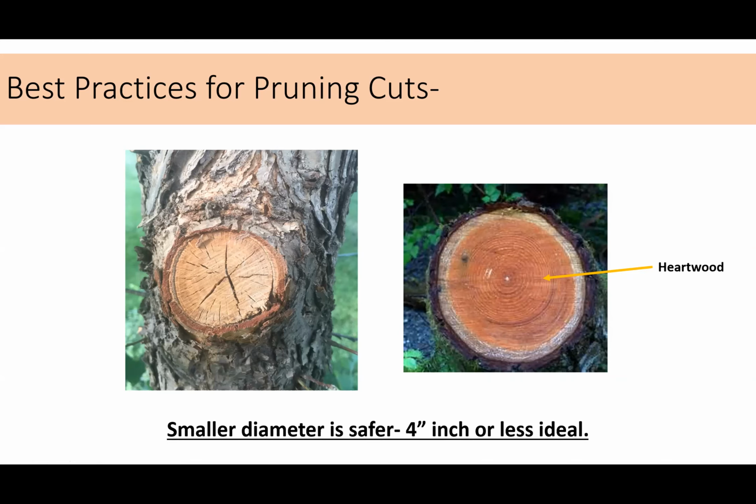But in either case, heartwood is dead, so it cannot actively fight decay. It only has whatever passive defenses the tree gave it before it was abandoned. And so we really don't want to be exposing heartwood when we make pruning cuts because it's really susceptible to being infested by decay organisms. So if we limit ourselves to smaller pruning cuts like we see on the left here, there's going to be a lot less risk of exposing heartwood. No heartwood was exposed in the cut made there in the picture. So that's the biggest reason to keep diameter cuts small. Larger cuts are also more prone to cracking, but the biggest reason is we don't want to expose heartwood.